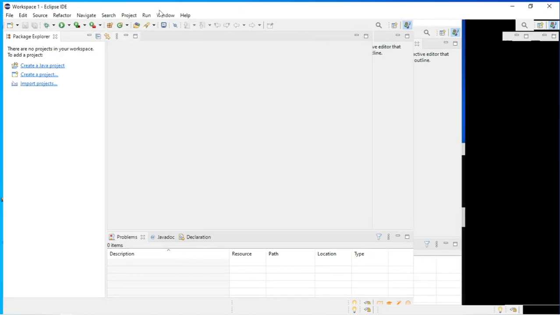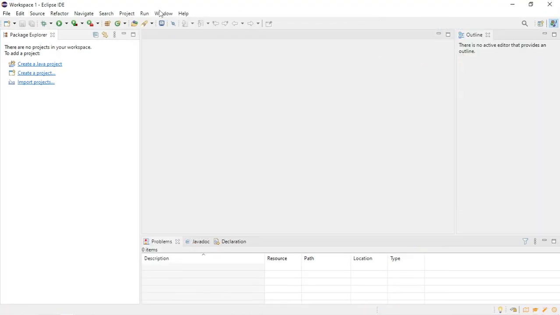So what you have to do first, we need to create one Java project, right? As of now you can see there are no projects present here. You are only getting this screen. Is everyone able to get this screen? Yes. So now basically here we are going to write all about Java.